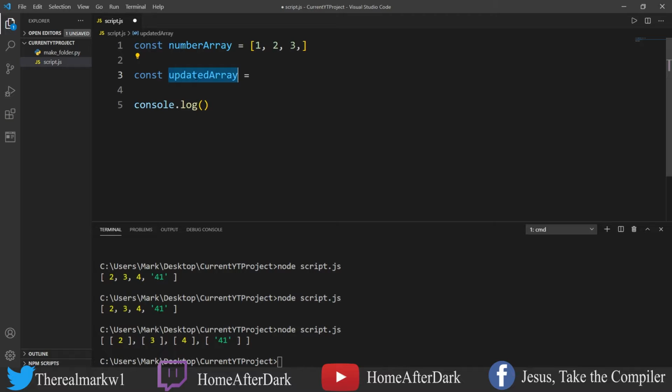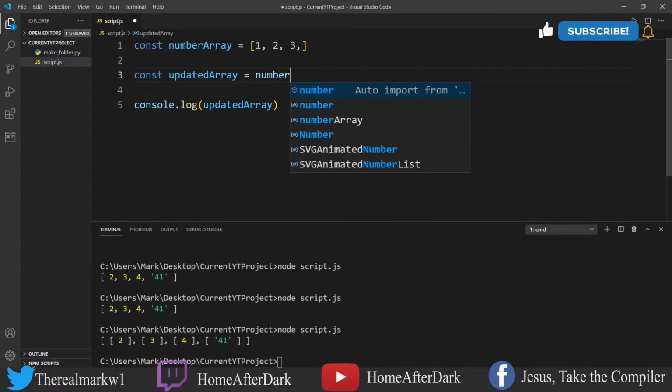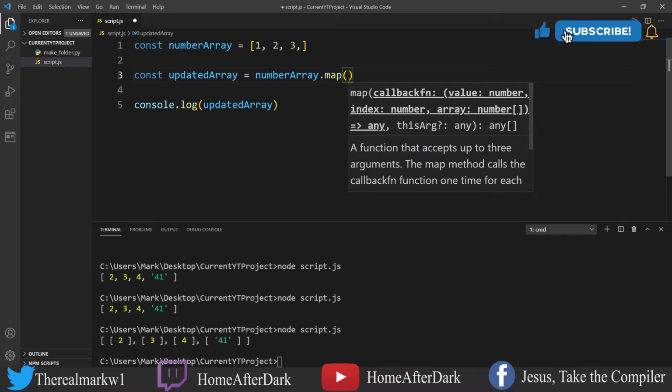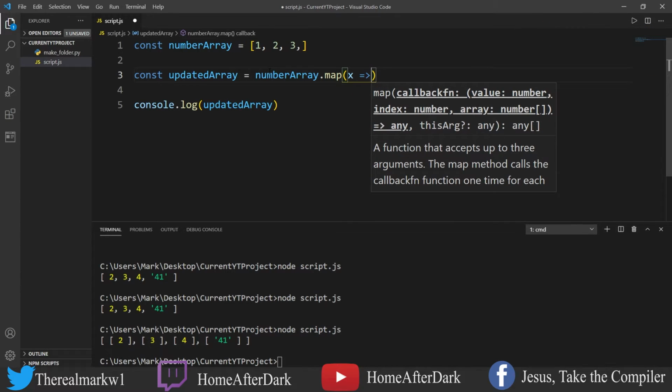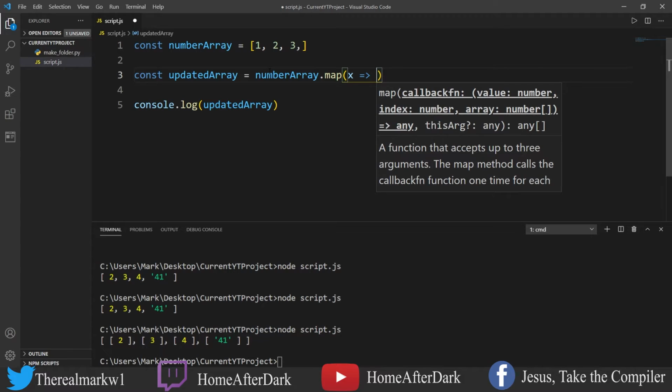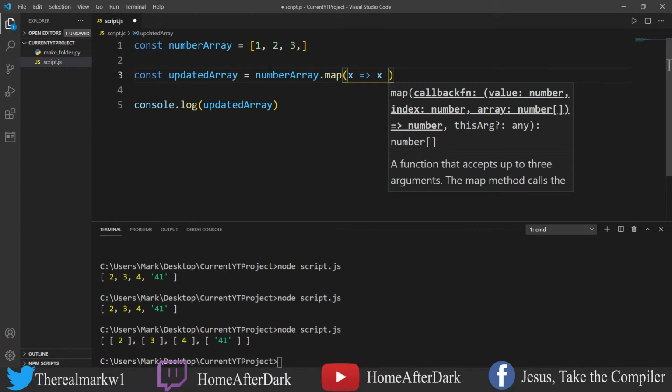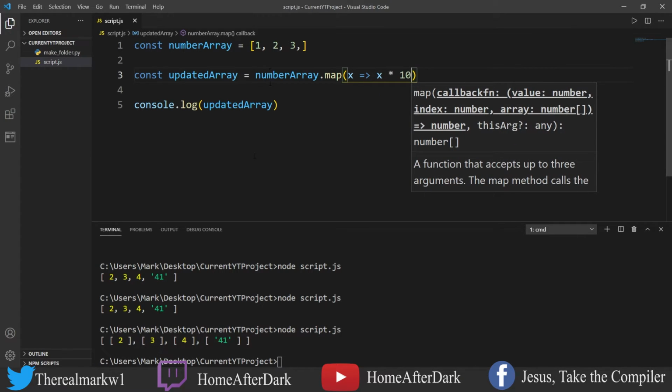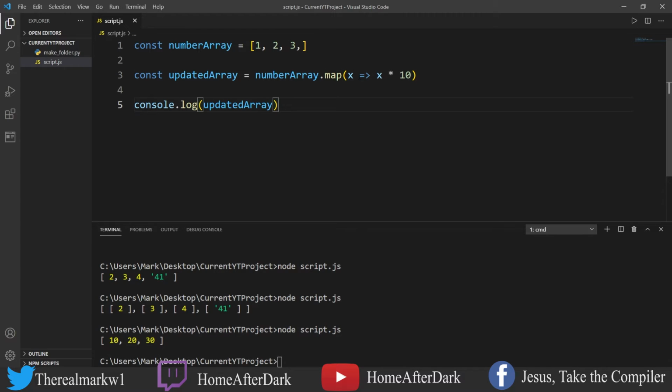And let's just go ahead and we know we're going to console log it on out. And you could do this with not just numbers, strings, objects, anything you want to perform the same operation on inside of an array. So for each value x, so for 1, 2, and 3, let's just multiply it by 10. And we see that as x comes in, the first time it's 1, 1 times 10